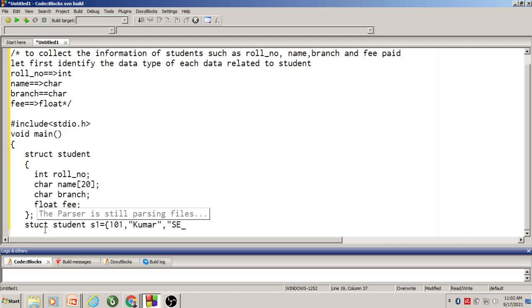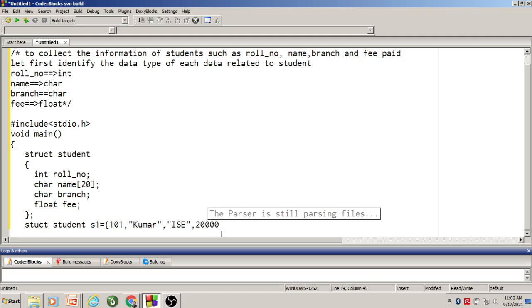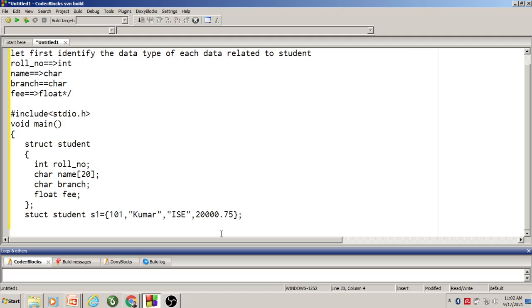See, the string information you have to put in double quotes. The integer or float information you have to put without double quotes, because double quotes represent a string. The next data is fees, so I say 75 paisa, and I close the flower bracket here. This is the data related to the first student.